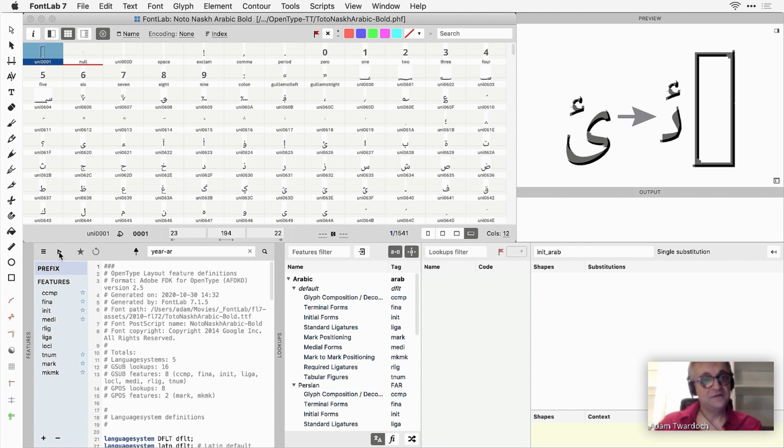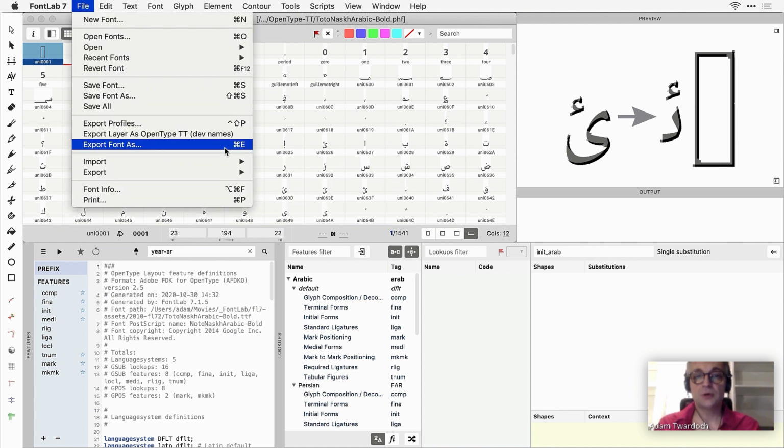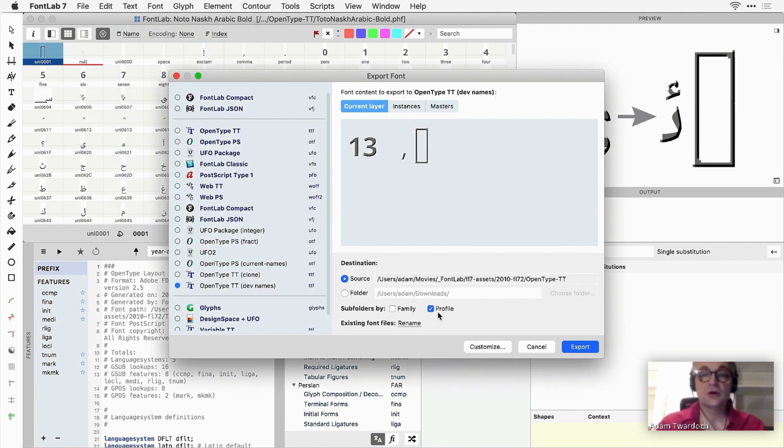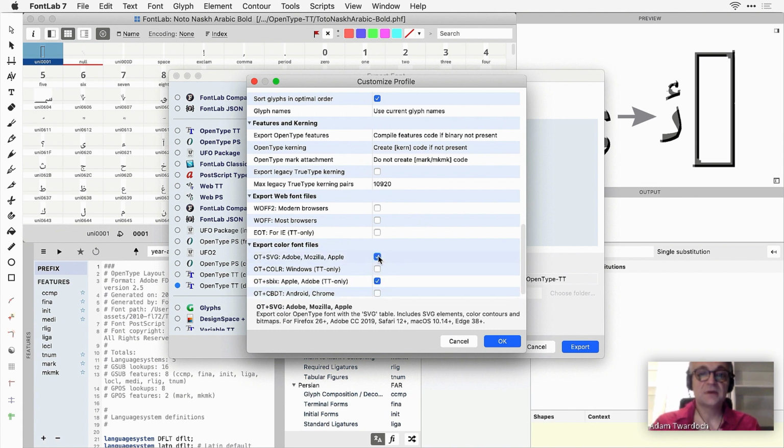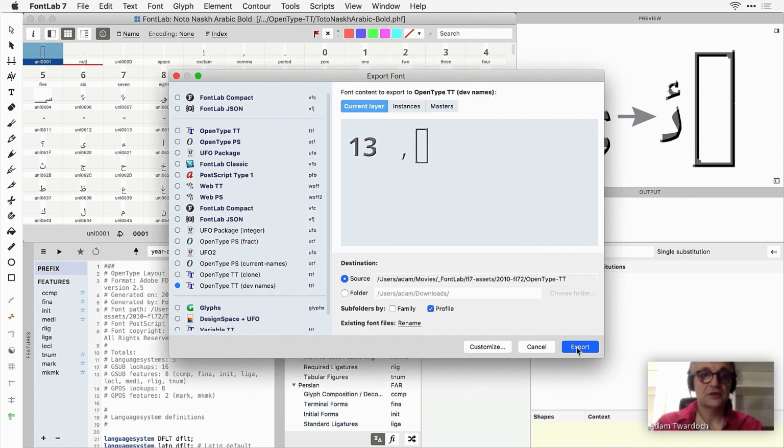I can copy the features because the photo font format doesn't know anything about the features. But since we've used the same glyph set and the same glyph naming, I can copy the features that I've just created in Volt or using Phi or whatever, and I can export the font, customize the profile, make sure that both OT-SVG and OT-SBIC are on, export the font, and then, well,